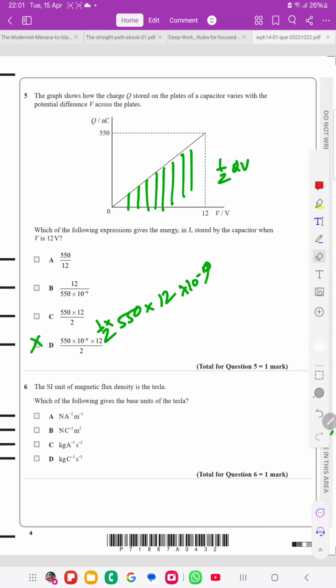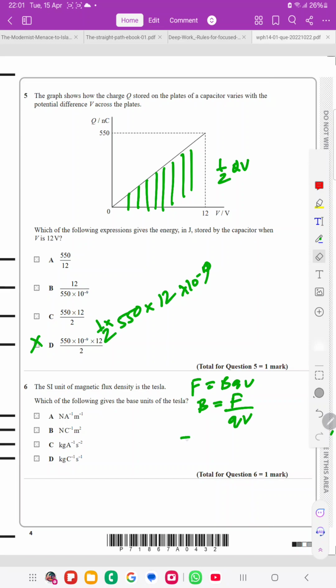Okay, the next one, the SI unit of magnetic flux density is Tesla. Which of the following gives the base unit of the Tesla? Now, where do we get the Tesla from? We get it from magnetic flux density. If we use F = BQV, then magnetic flux density B is equal to F by QV. So if you see this carefully,